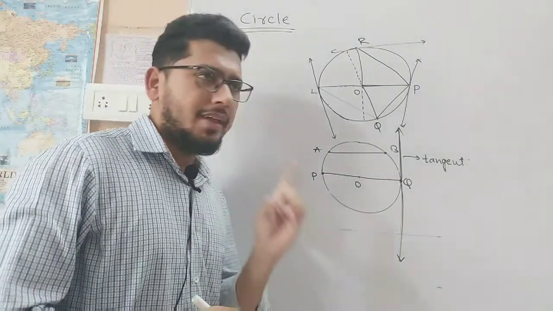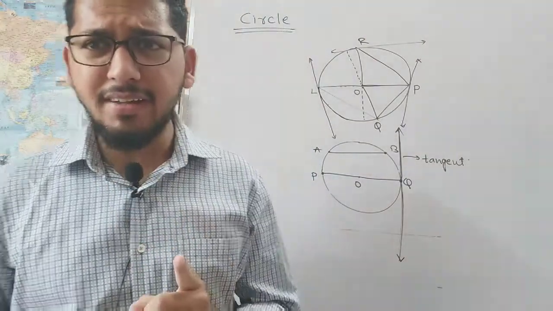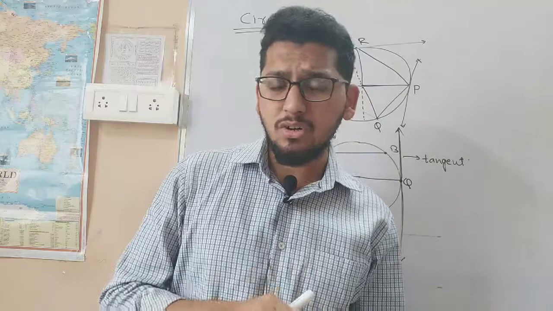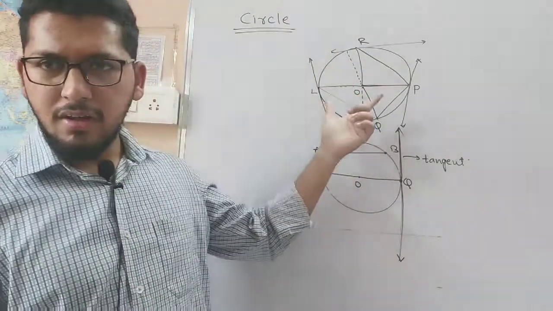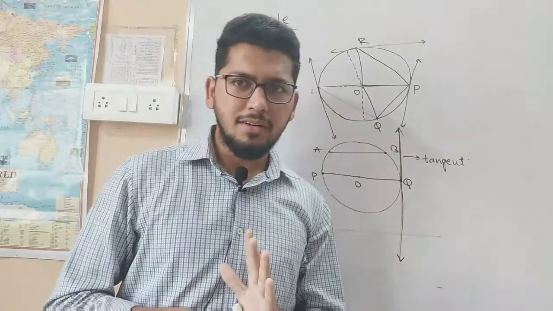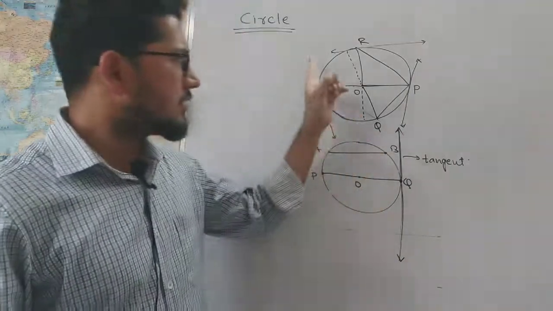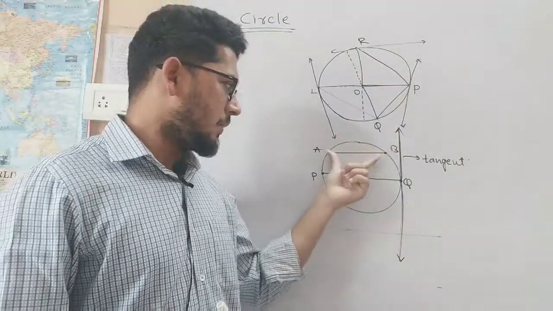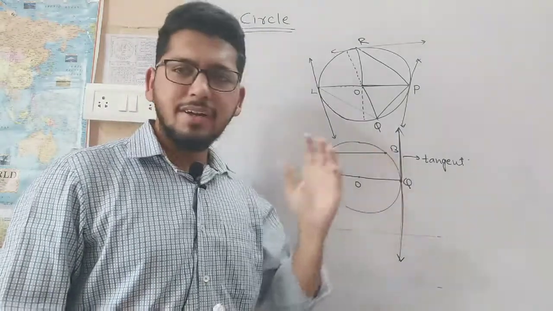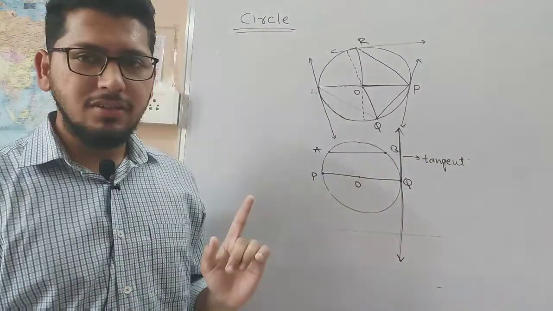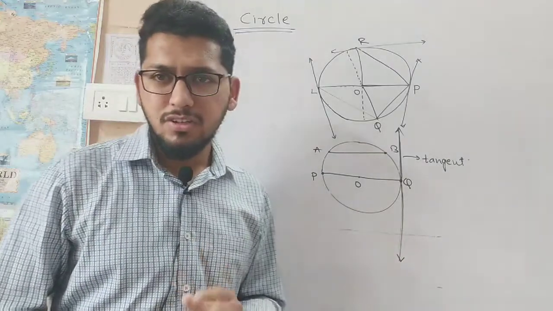First of all, radius. What is the radius? Radius is nothing but the distance from the center to the circle. What is the diameter? Diameter is the largest chord of a circle, and it passes through the center. Second, what is a chord? A chord is nothing but the segment joining any two end points on the circle. AB are the end points on the circle. When I join any two end points of the circle, you will get a chord. What is a tangent? A tangent is nothing but the segment which touches the circle externally.